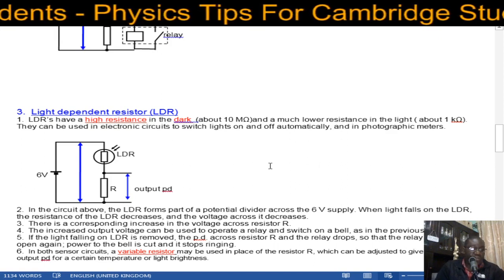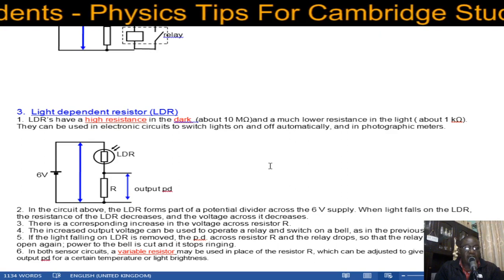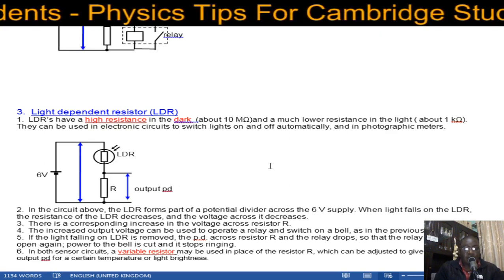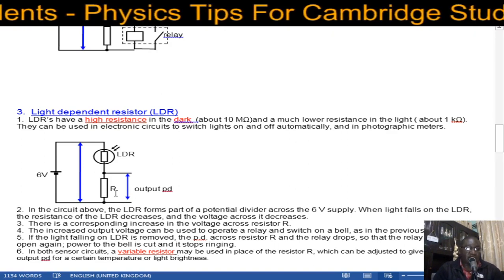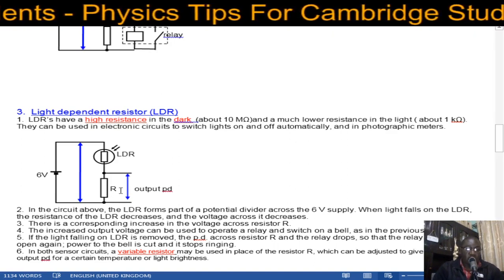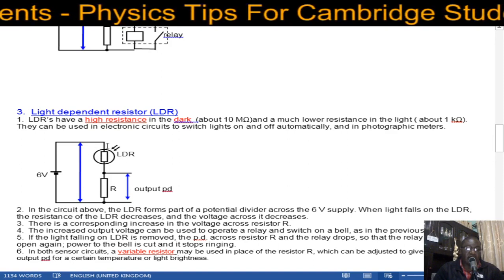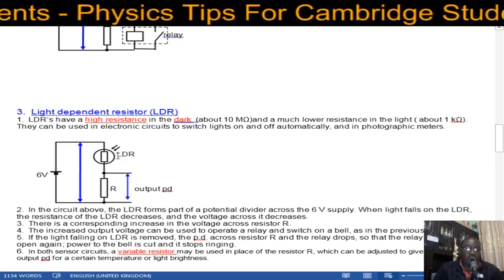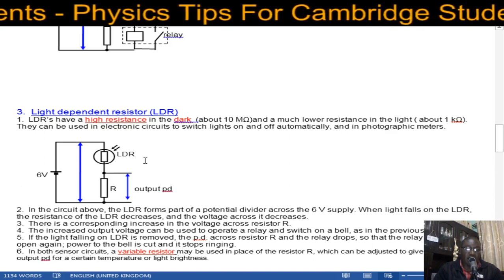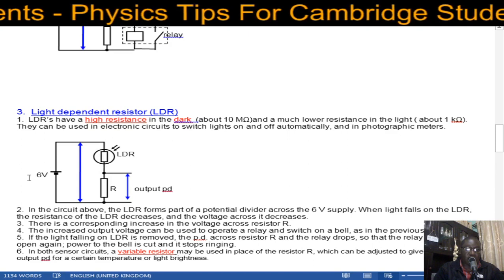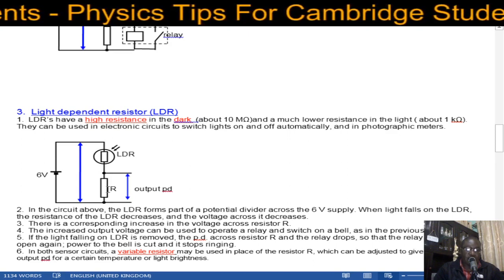Right, so if you look at this diagram here, we do have an LDR that has been connected in series with a known value of resistance R. Now, when this LDR is in the dark, like I said, it has a very high resistance. So it's high resistance, which means the PD across it will be high. So it gets a greater share of the 6 volts, and with nothing coming out from the PD, from the